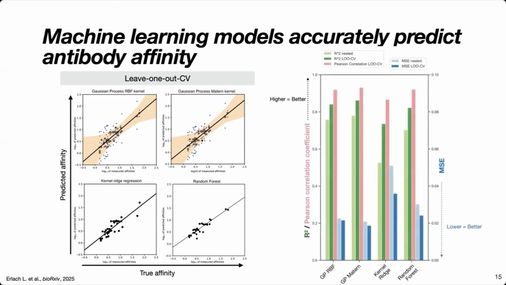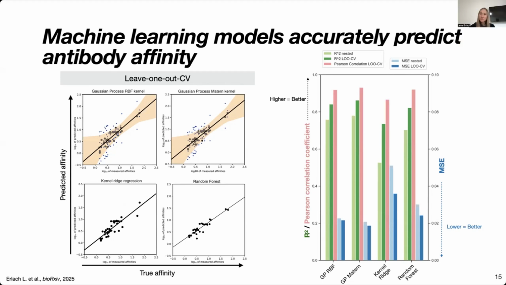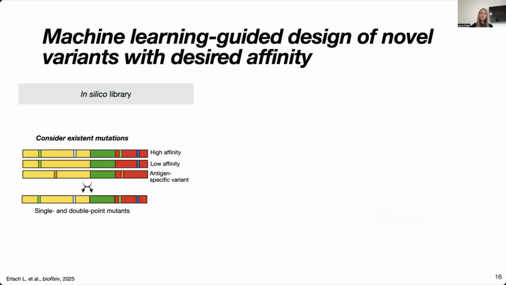So looking a little bit closer into those model comparisons, we can see that overall all of these models perform fairly similarly. However, we see that the Gaussian process model trained with a Matern kernel actually performed best. So now that we know that we can, at least within this data set, accurately predict antibody affinity, we wanted to see if we could actually use those machine learning models to guide the design of novel variants. And to test this, we designed an in silico library based on the